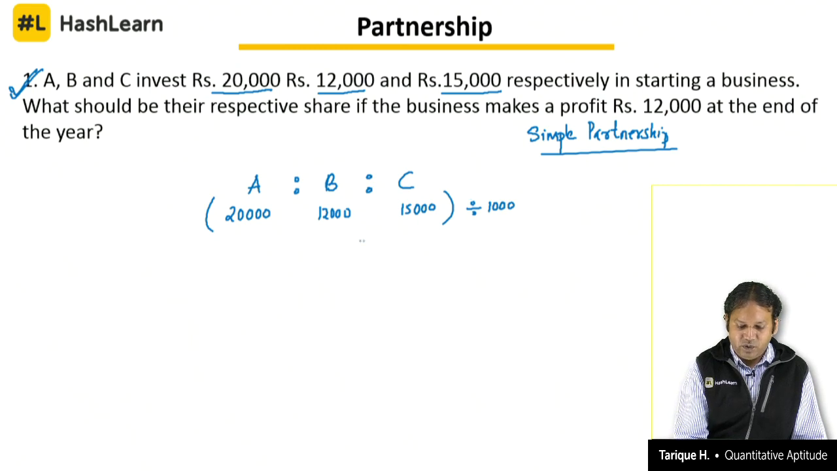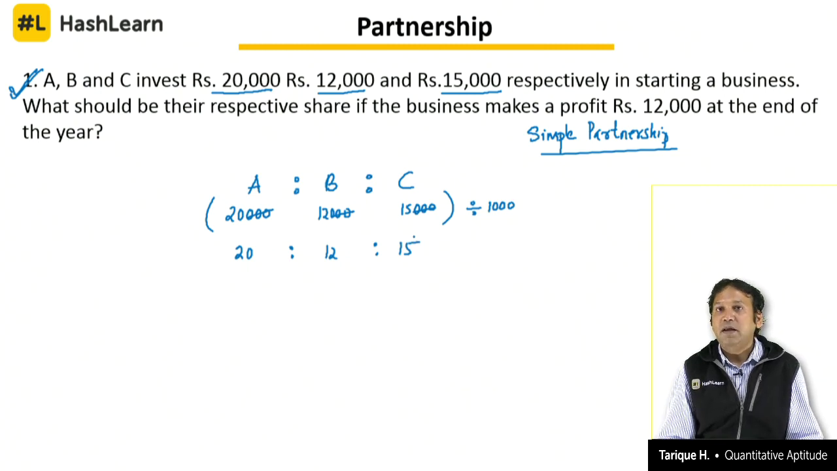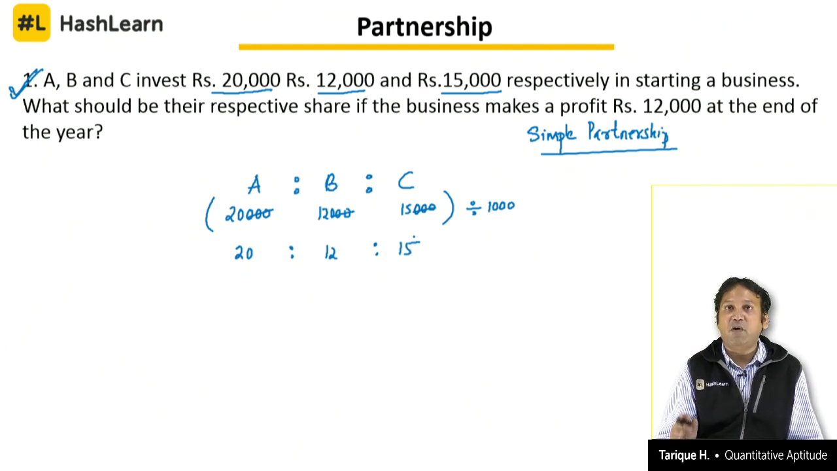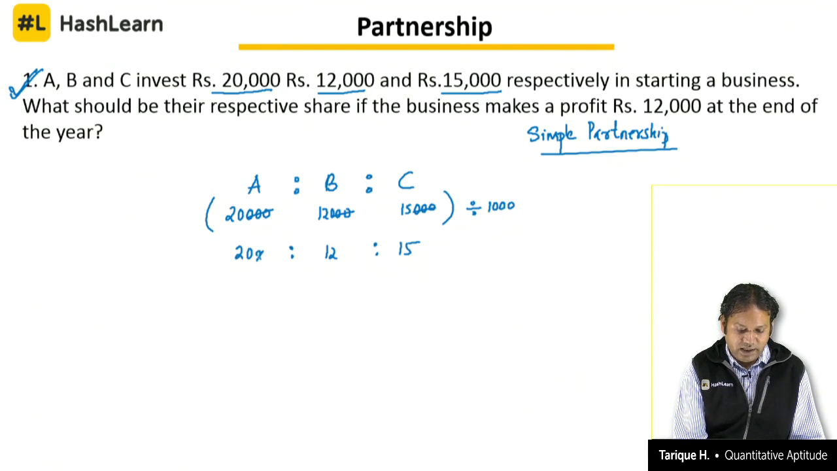If you divide by 1000, what will you get? You will cancel the zeros and you will get 20 is to 12 is to 15. Okay. Now, this is the ratio in which the partners must get the amount of money from the total profit made by the business. Now, let us say A gets 20x rupees, B gets 12x and